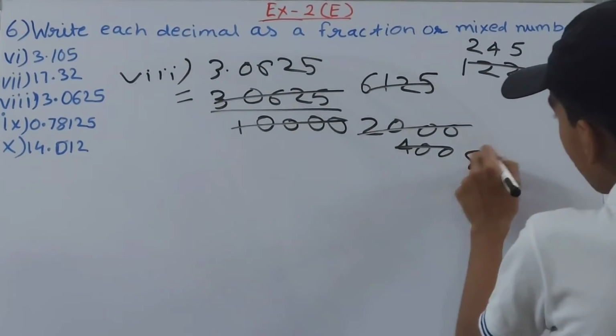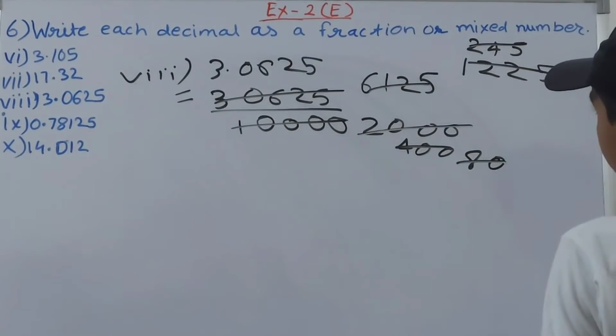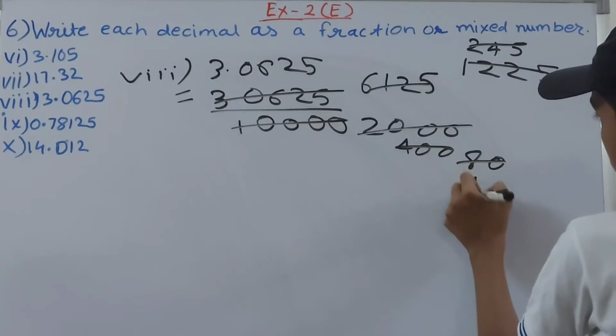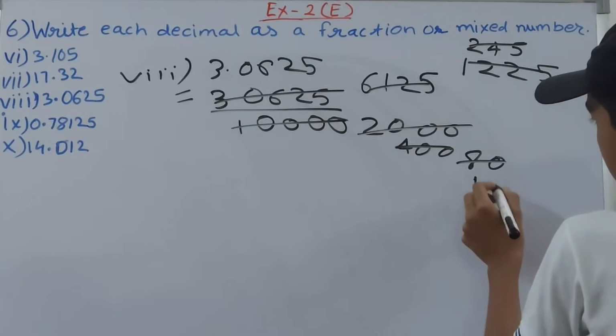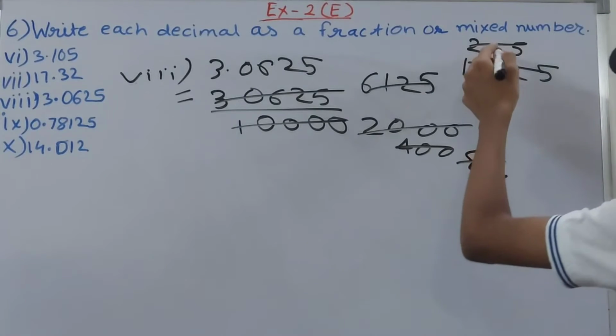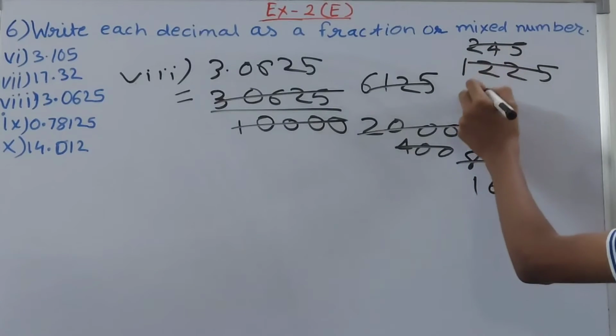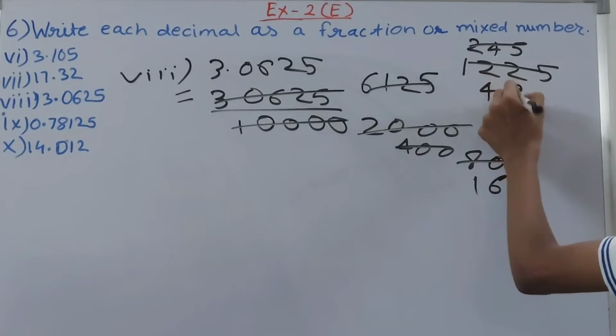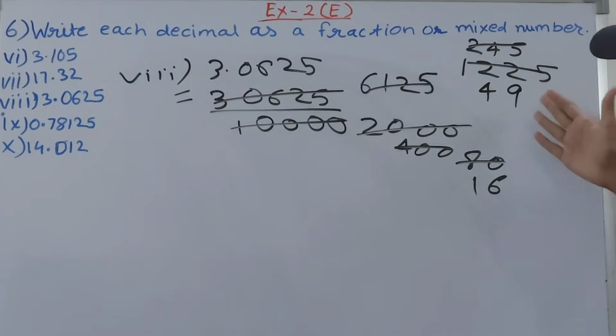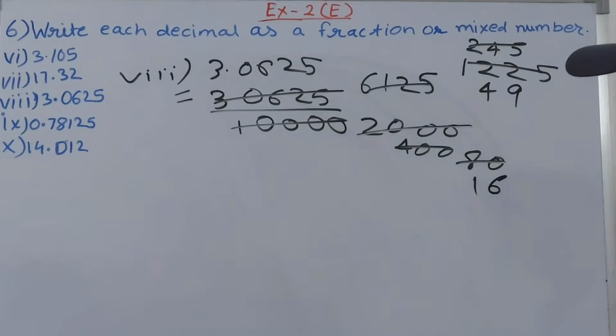Now again we'll cut this off by 5 only, right? So 80 will go 1 and 3 there, so 16, and here what do we have here? Let's see. So 20 goes 4 and 4 there, 45, 49, right? So we have 49 upon 16, and any other number which can divide this thing? No. So we get